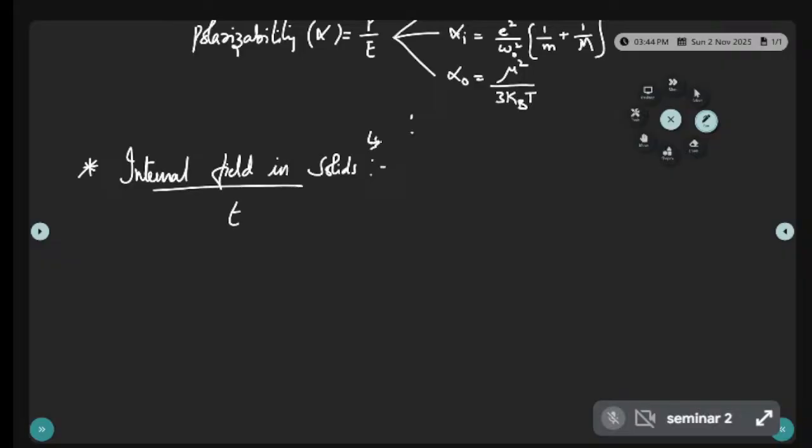E_i is equal to E plus P by 3 epsilon naught. Lorentz method of internal field. E_i is the induced electric field inside the substance when the substance is exposed to external field E. P is polarization. Epsilon